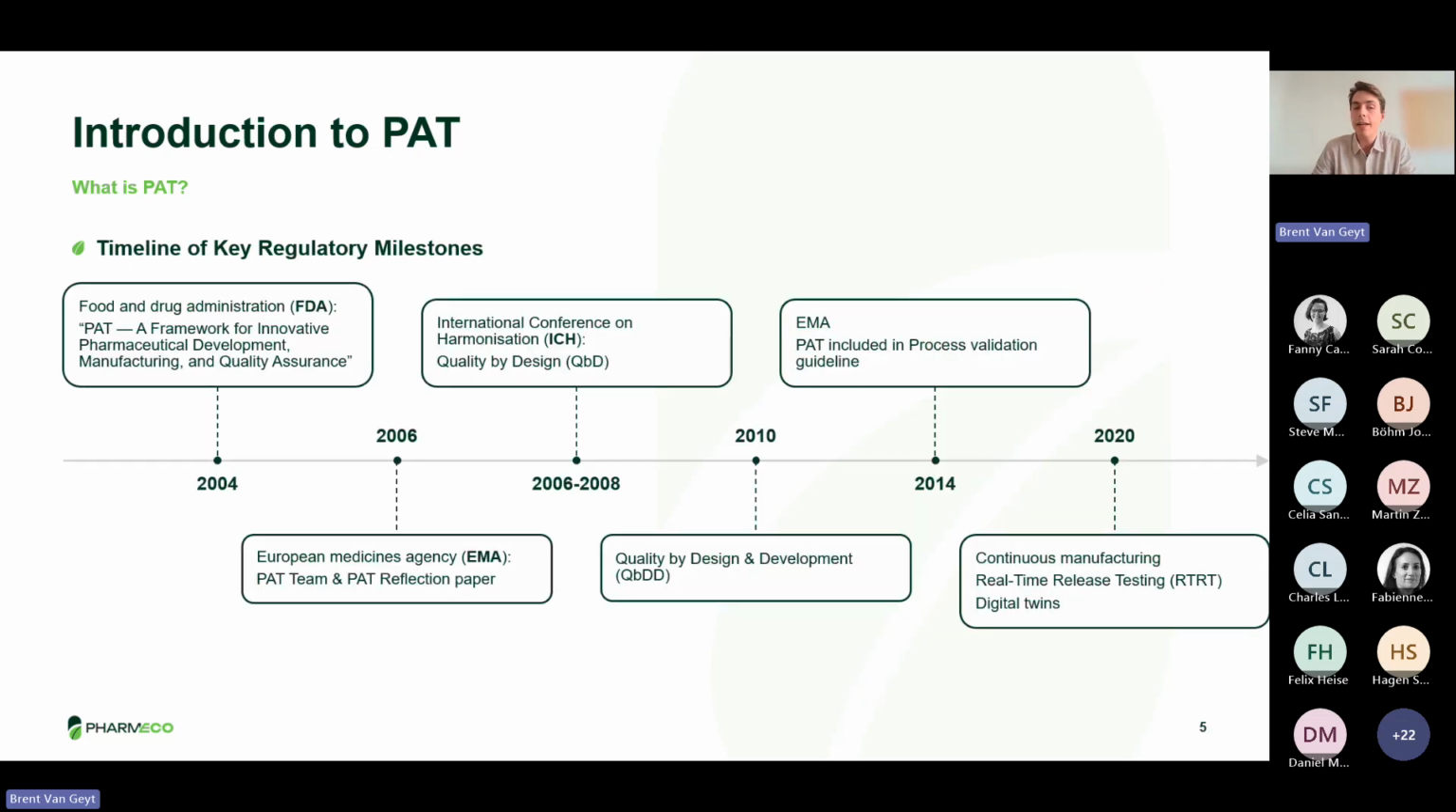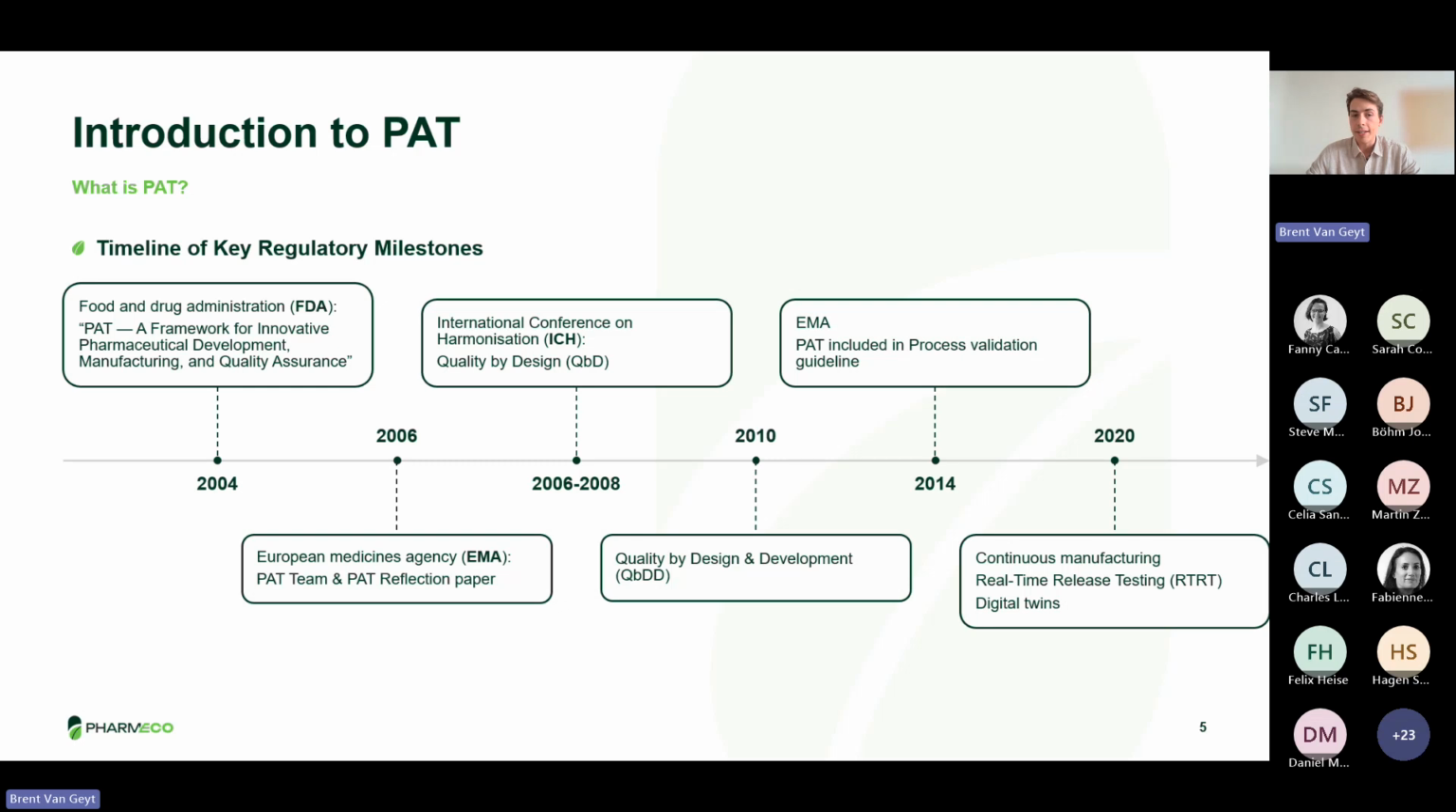If we then look more into the timeline, how PAT came into the world, it was first introduced by the regulatory agencies. The FDA published "PAT: A Framework for Innovative Pharmaceutical Development, Manufacturing, and Quality Assurance" in 2004. Two years later, the European Medicines Agency started developing a PAT team, specifically around PAT, and they also published a reflection paper about PAT. Then later on, the International Conference on Harmonisation also brought out some guidelines, and they first started talking about quality by design,